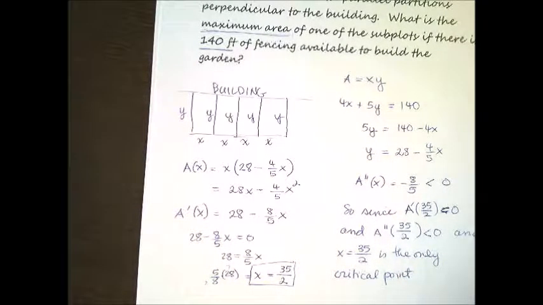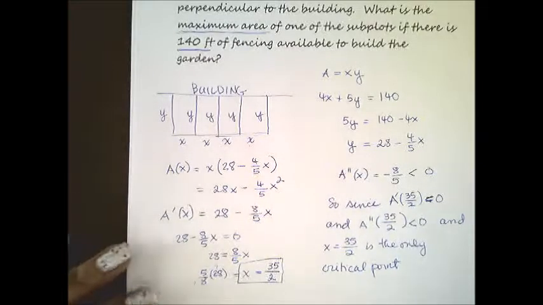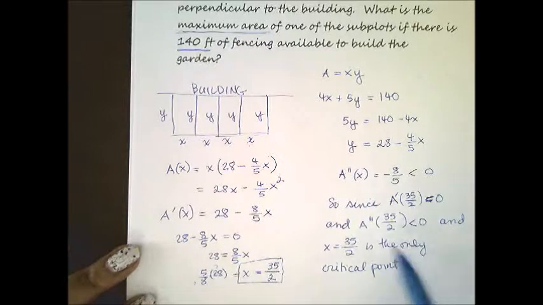Me saying that this is the only critical point is emphasizing that I'm considering the entire possible domain. The domain is limited in that x must be greater than 0 and probably less than 140. But even if I don't consider that, there's only one critical point at all, and it's this one. So there's only one sign change. This is it. So by the second derivative test,